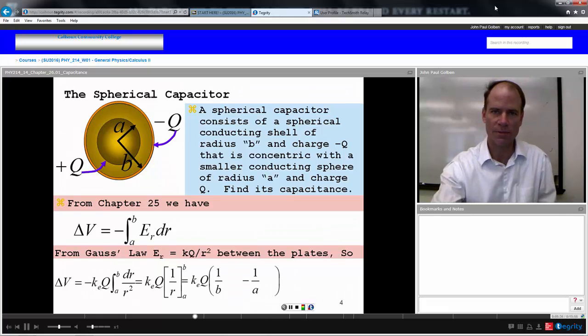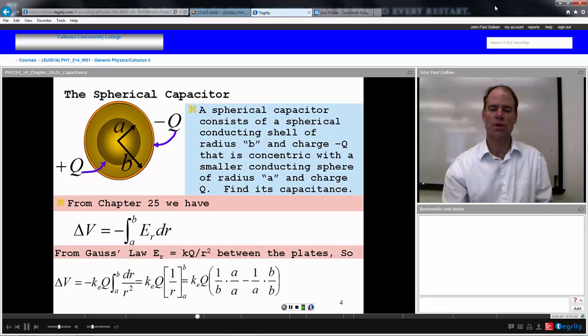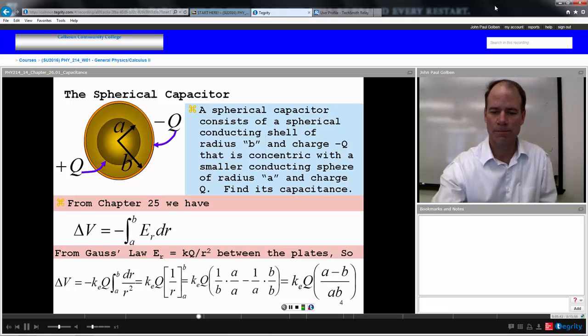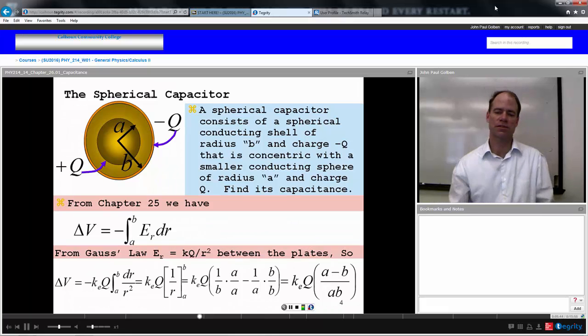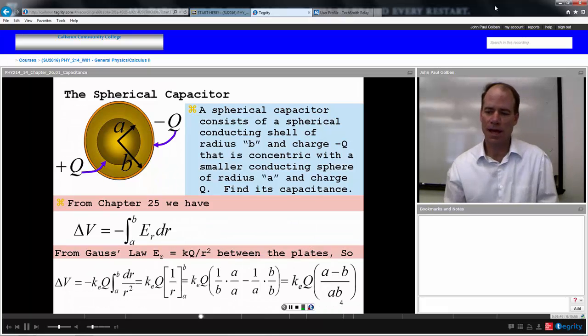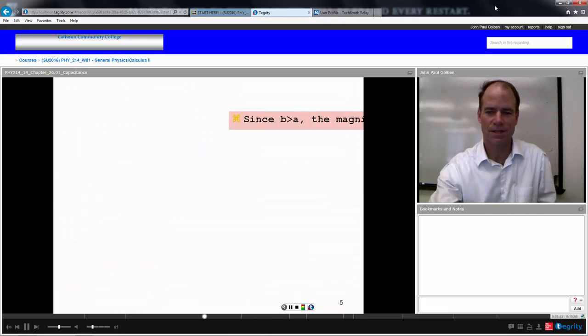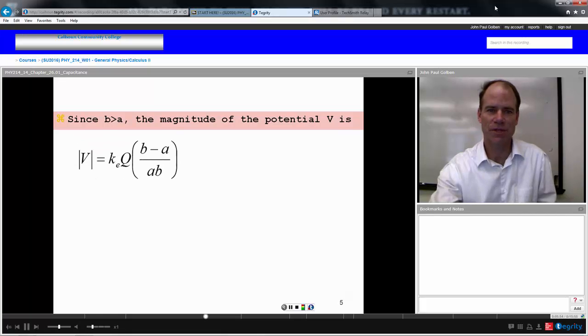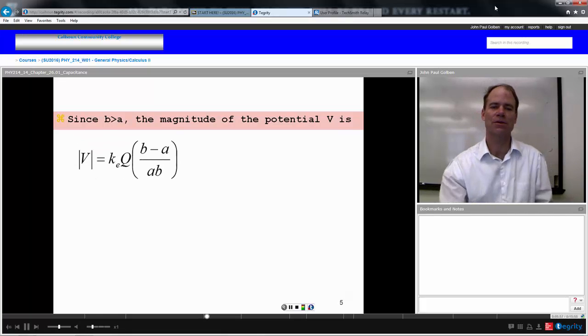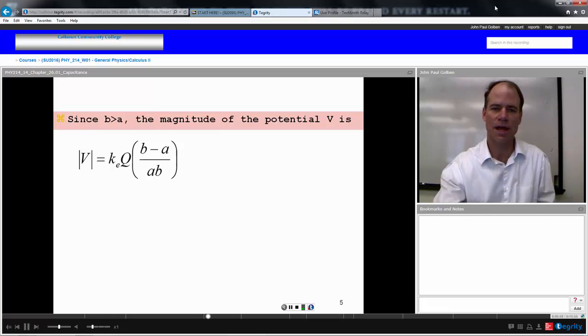Find a common denominator for those two fractions. So we'll multiply them each by 1. And we have that this potential difference is kq, a minus b over a times b. Bear with me, we're doing this for a reason. So the magnitude of that potential difference will be kq, b minus a over a times b, because b is